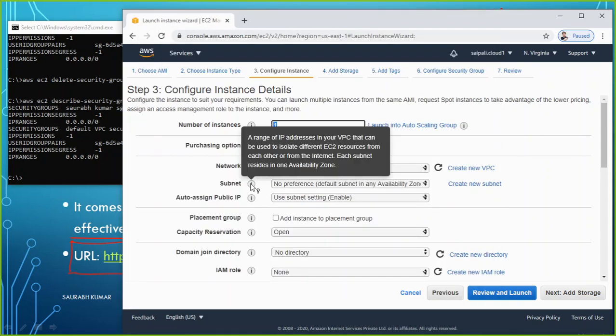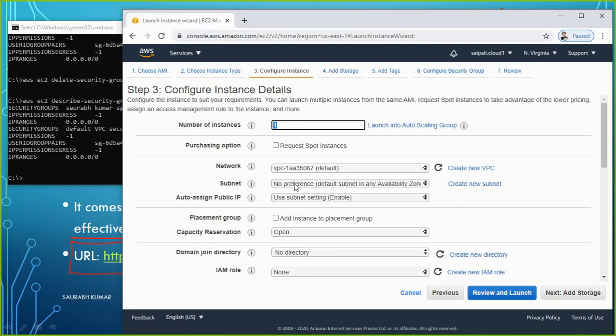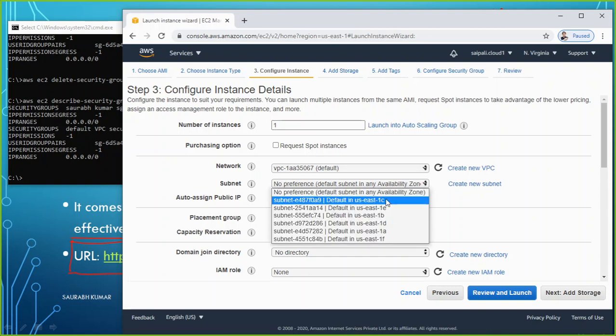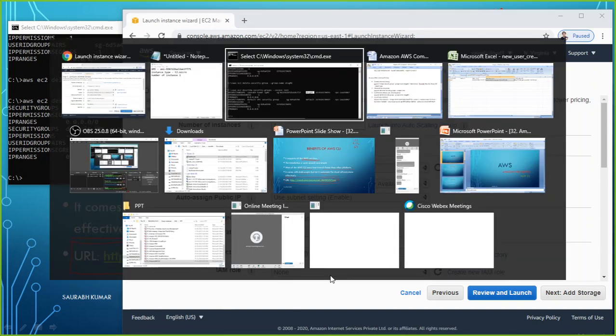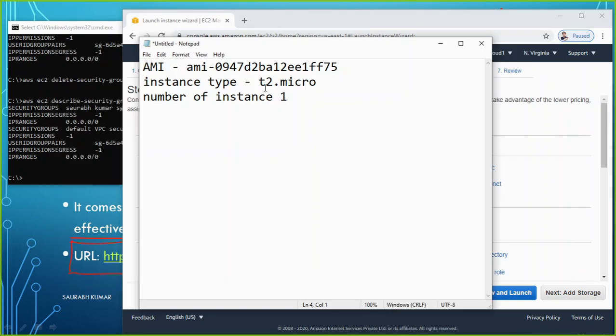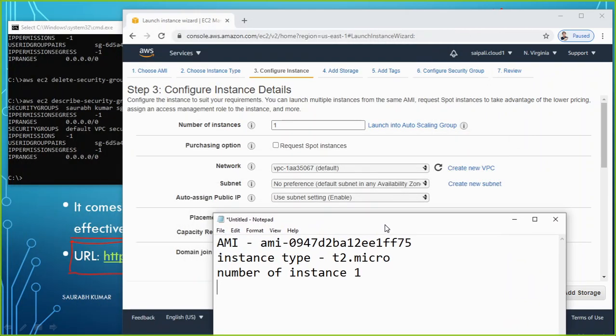What next does it ask me? It asks for the network and subnet. Maybe I want to launch it in North Virginia. What is the North Virginia subnet ID? I can use this one, US East 1C or 1E or 1V, any one of them. Let us have this name in my notepad. What name do I have to keep there?